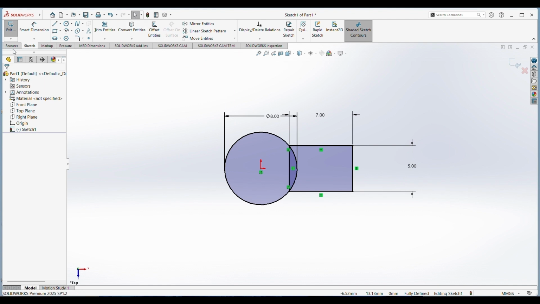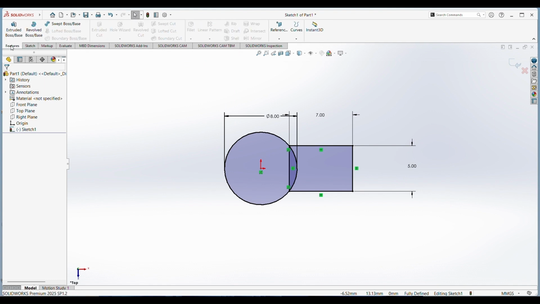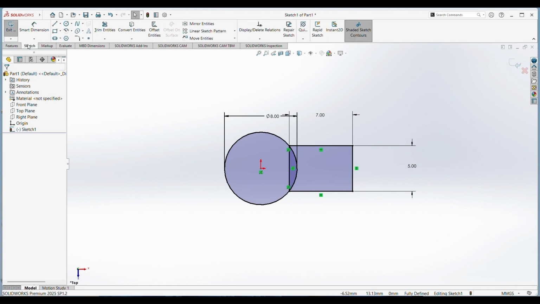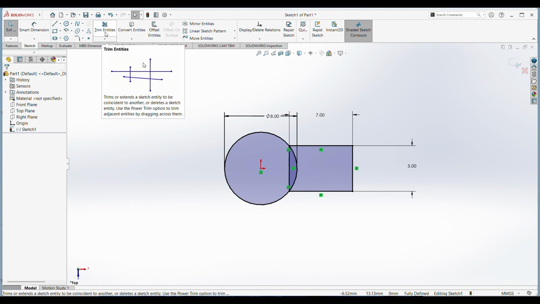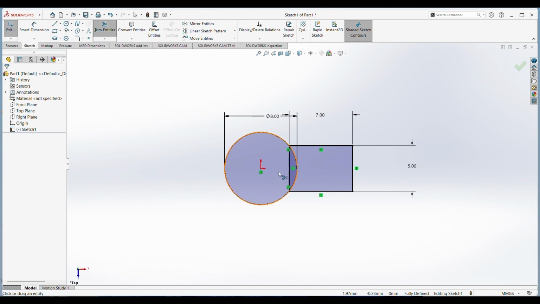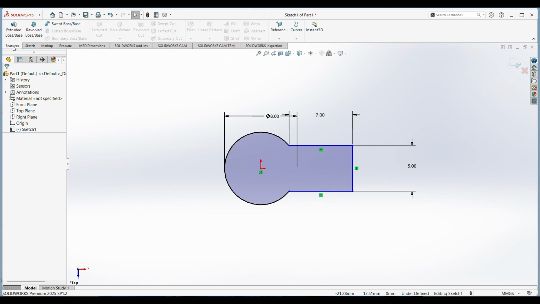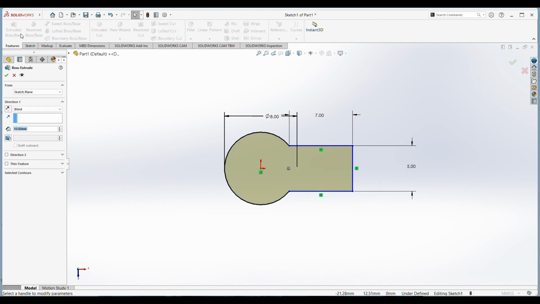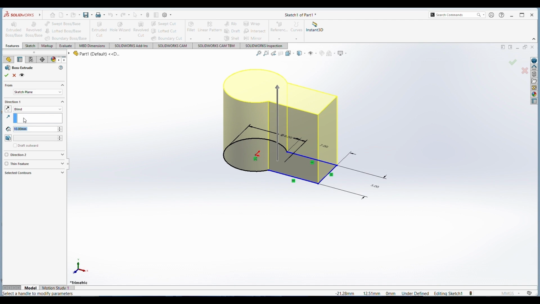Now go to the feature, trim entities, sketch. Just select this and this. As you can see, it has been trimmed. Check this. Go to the feature, extrude boss. Give dimension to be 1.5 mm. Hit enter. As you can see,